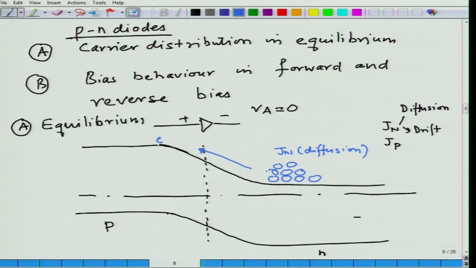If I look at electrons here, which are few, they also move in this direction, and this is because the field is this way. So, the electrons will follow opposite to the field, and this is giving rise to J n drift. Something similar happens to the holes. This is the J p diffusion,